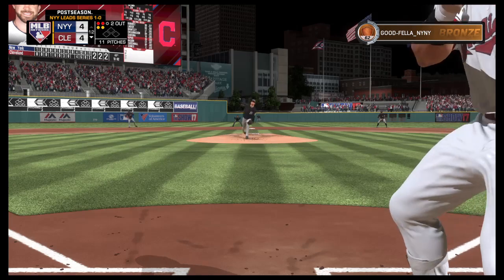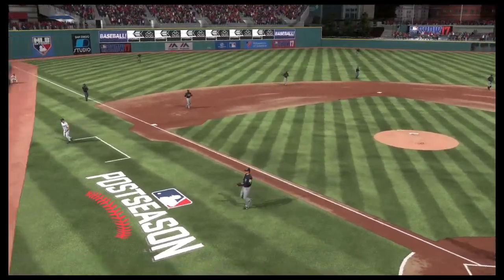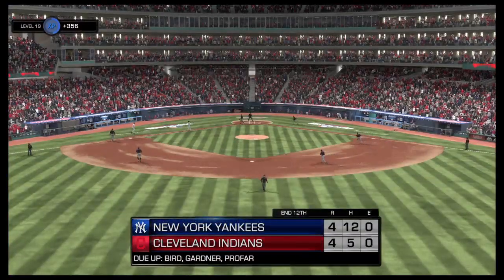A 2-2 count. Here's the pitch. Breaks his bat as this one's popped up. Clippard is there to make the catch, and that means we've